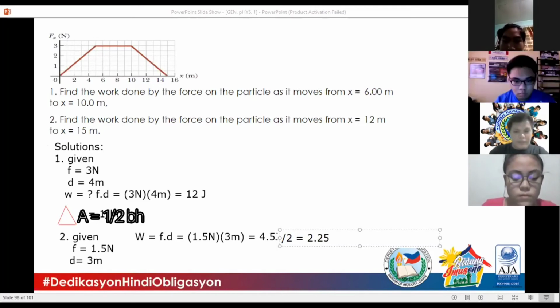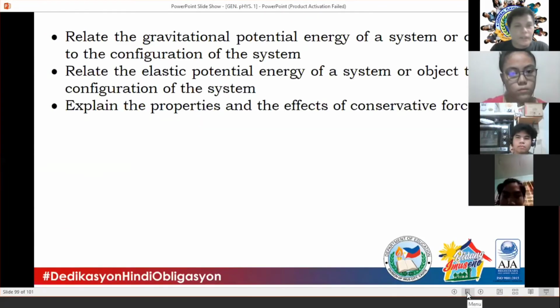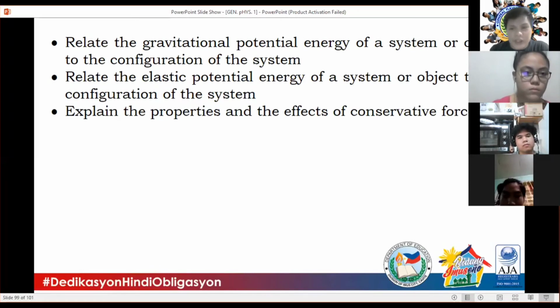2.25 joules. Okay. Relate the gravitational potential energy of a system or object to the configuration of the system. And then relate the elastic potential energy of a system or object to the configuration of a system. And then explain the properties and the efficiency of